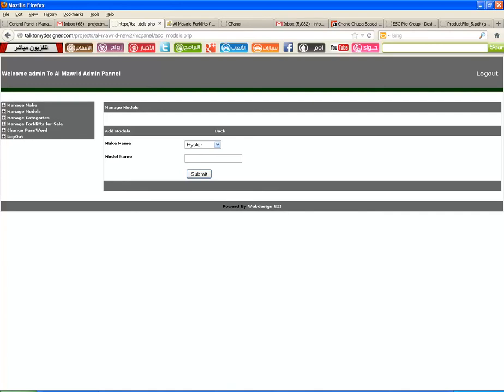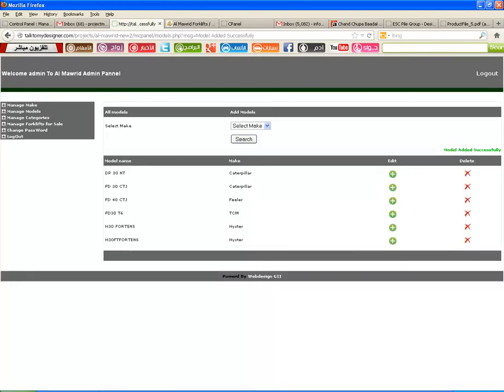So I have selected Hister and the model name I am putting as H30 for tens, H30 for tens, and after that I am clicking submit button. So when you click the submit button, it will automatically add it into the models.